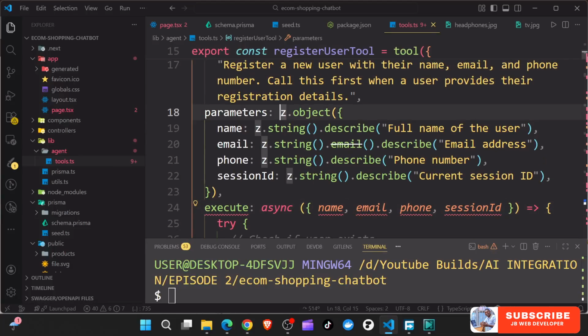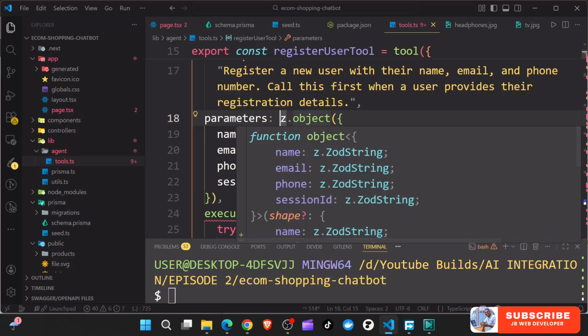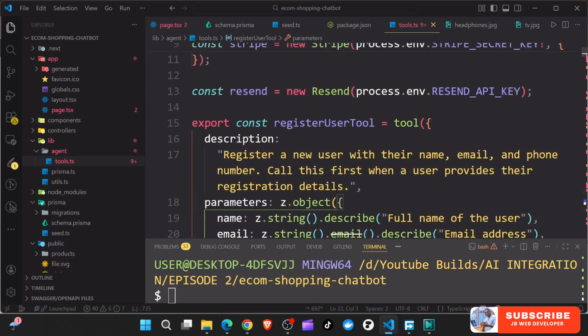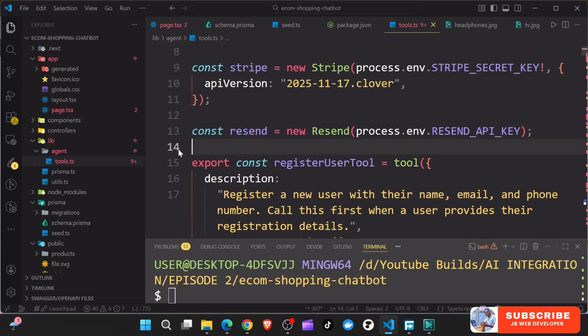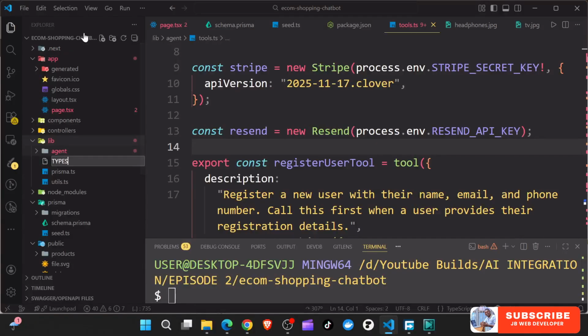I don't know if we can just define this as Zod. So let me just say Zod.object. I'm just going to call this a registration schema. So I'm not sure if we could create types in the lib. Just put types, just like